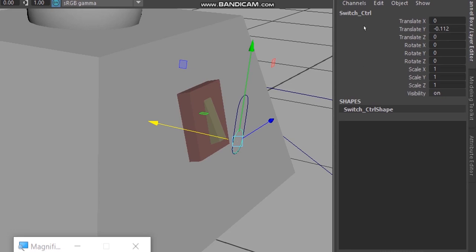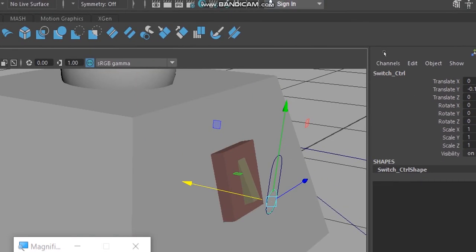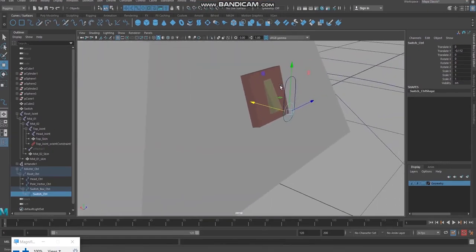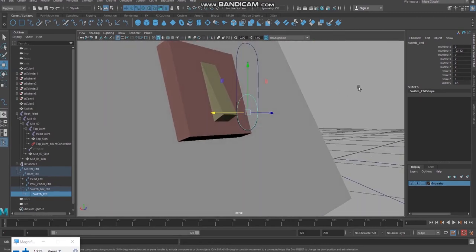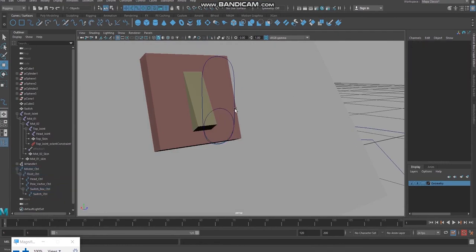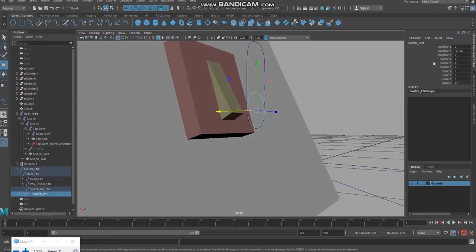So for that, what we need to do, we need to remove the unwanted attributes. Okay, so when I select this, I'm going to the channel box, I'm going to give the 0. I think I need only translate y.